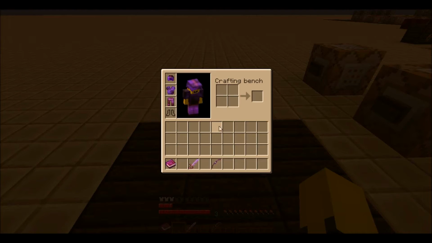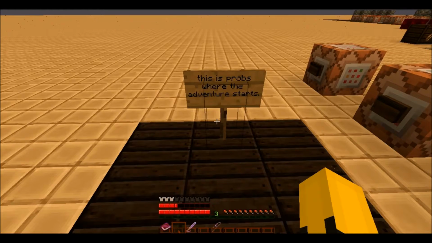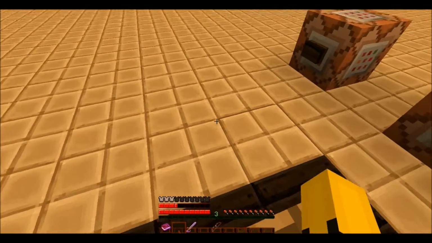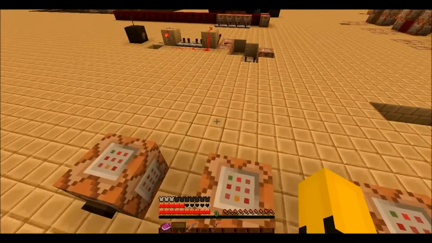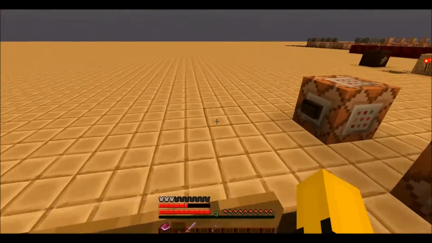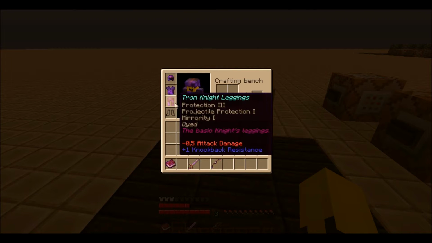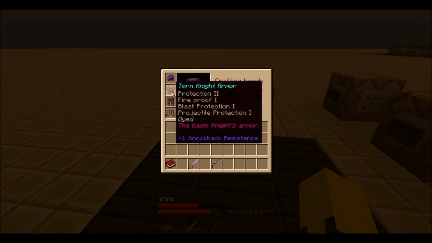And yeah, so it has a lot of stuff like attributes. One example is, as you can see, it has 20 health. The knight class has 20 health, when the other classes have less. So the knight has a massive health advantage. So yeah, that's a very cool feature. Then we have other stuff too. The knight's armor has a bunch of different protection enchantments, and